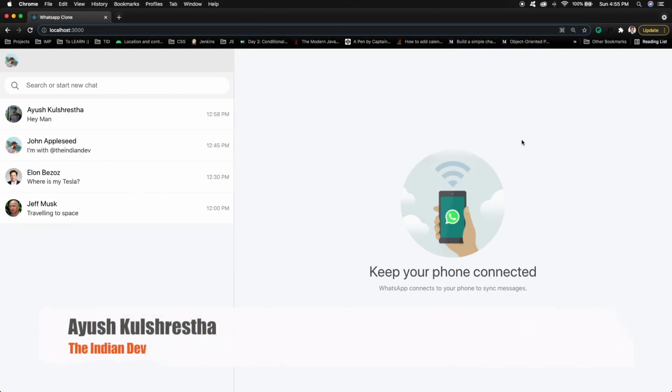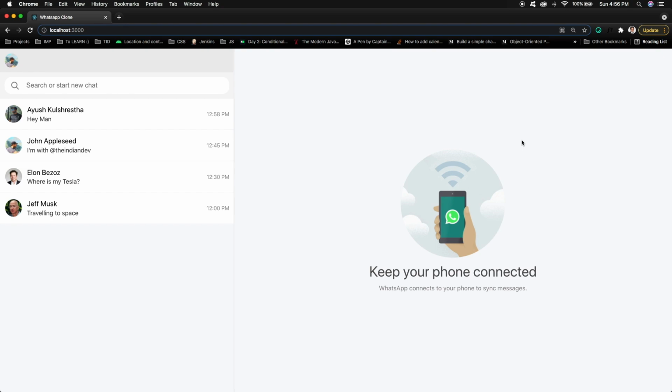I am Ayush and I'm back again with another exciting web development project, and this project is going to be a full stack one because, as you can see, we are building the WhatsApp clone. I just wanted to make sure that it is a fully functional WhatsApp clone. Recently we have worked with a lot of React.js based projects, so we are comfortable with the UI part. Now with this project we will be learning the database end, the server end, and some sort of socket programming. So in that manner, this project is going to be very exciting and very helpful to you guys.